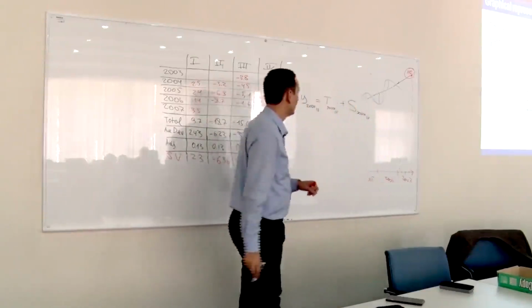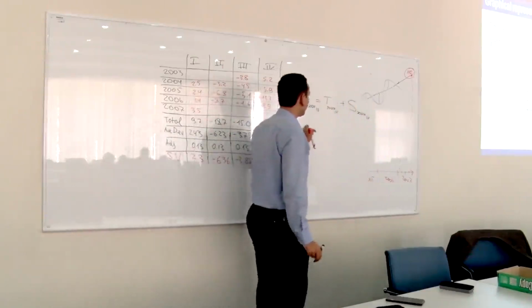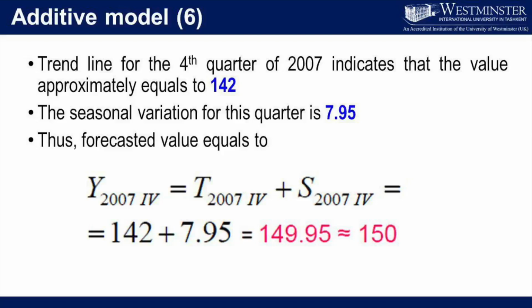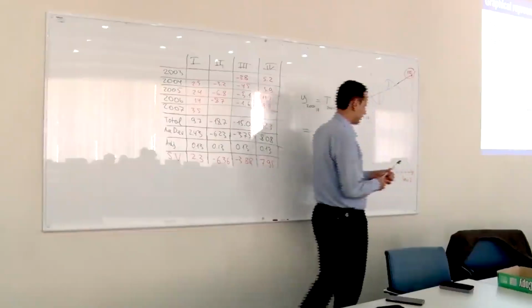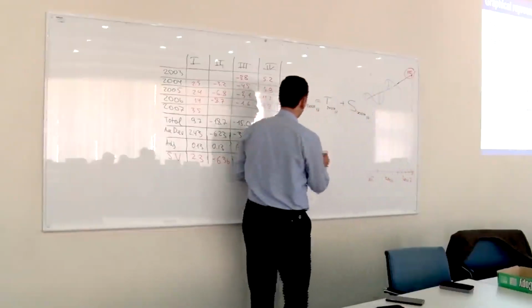Okay? Now, what do we have? What is the trend we found by stretching the line, the trend line? 142, right? So 142